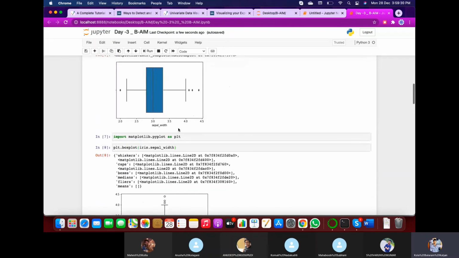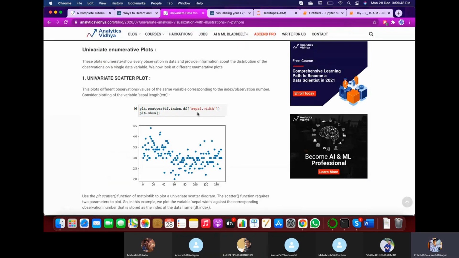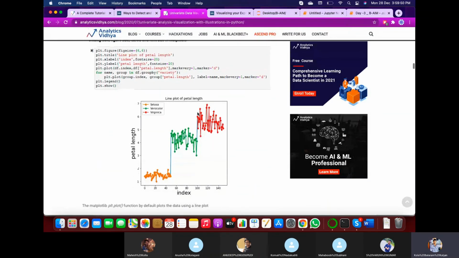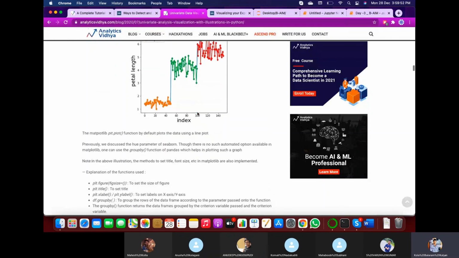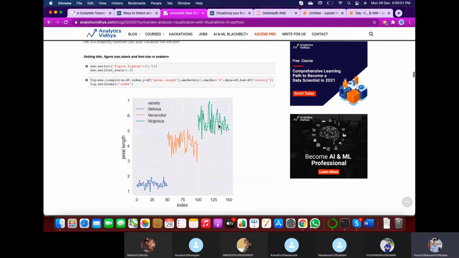Knowing some basic functions from the Seaborn package as well as matplotlib.pyplot is useful. These are the two main packages used to visualize the data. You can refer to the internet to identify different plots for all the univariate, bivariate, and multivariate analysis. This is the brief introduction to exploratory data analysis.